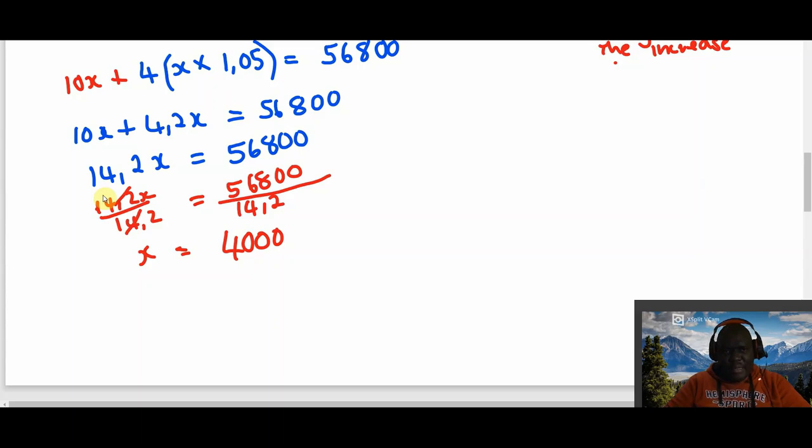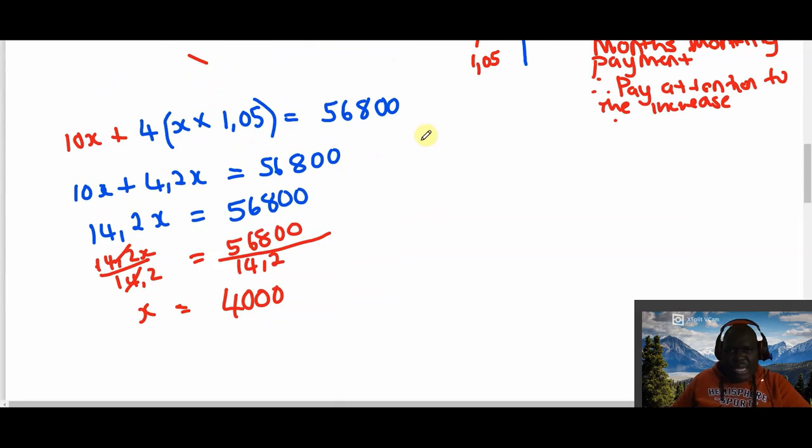So we have found the x, meaning that if we were to substitute what we have here, we should get this amount. So let's try and see what we get. I'm just going to plug in the information. So 10 into x, our x is 4,000,